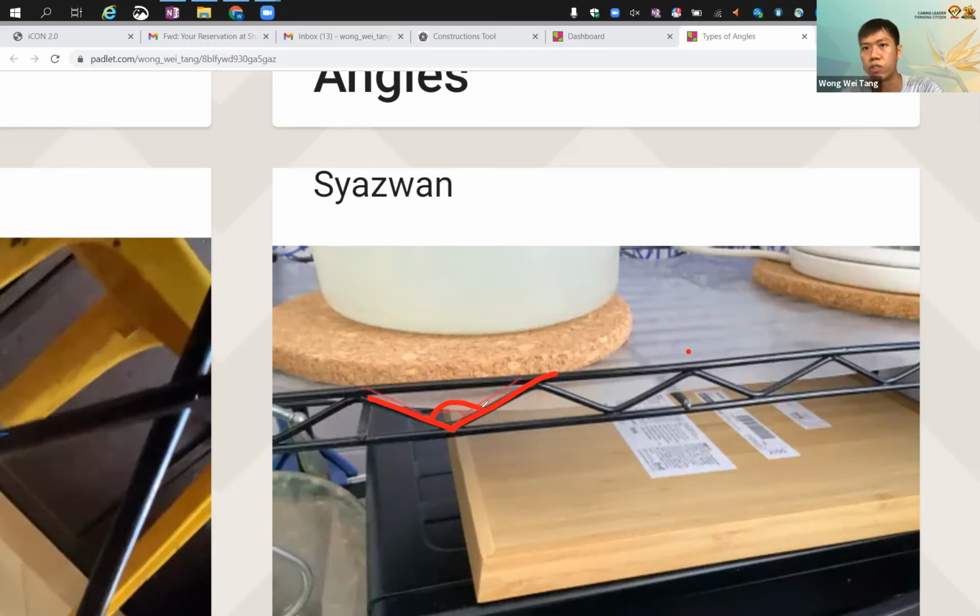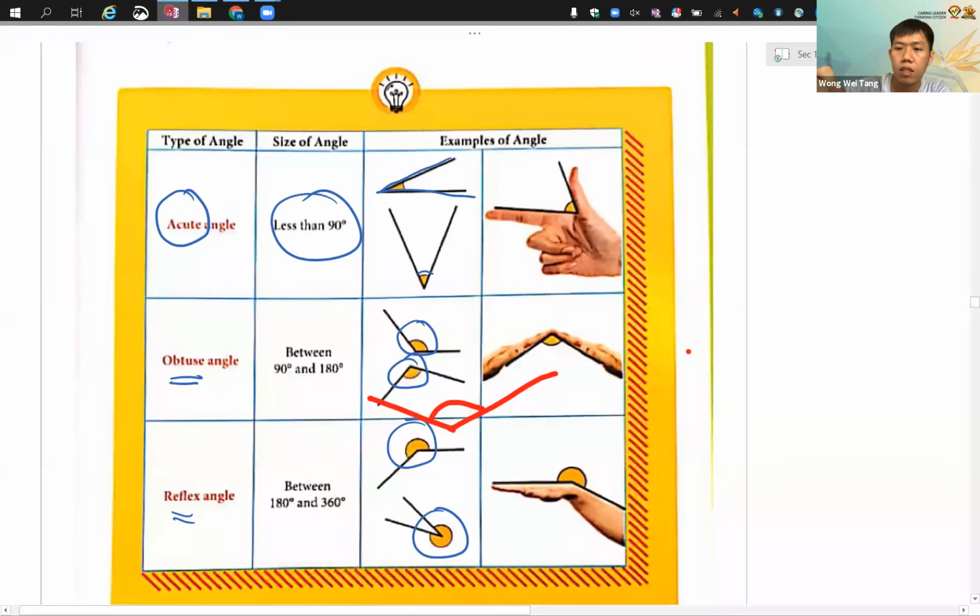Javier, do you agree with Shazwan's reflex angle? Yeah. You agree, huh? Okay. Show your textbook again, huh? Okay. Reflex angle,